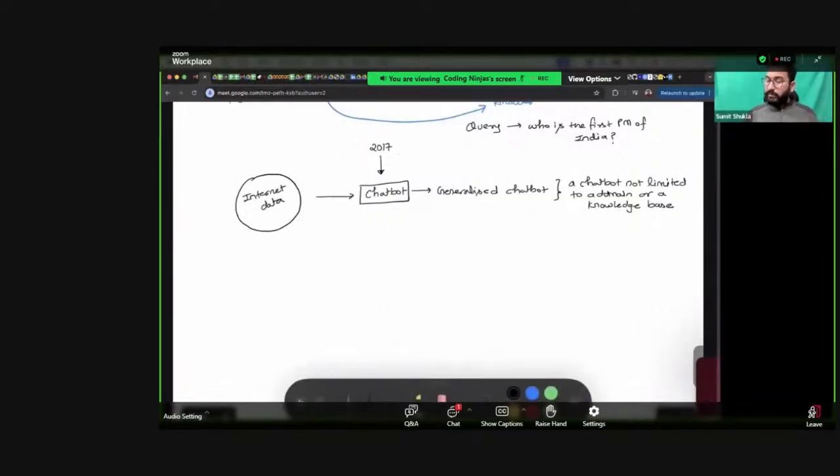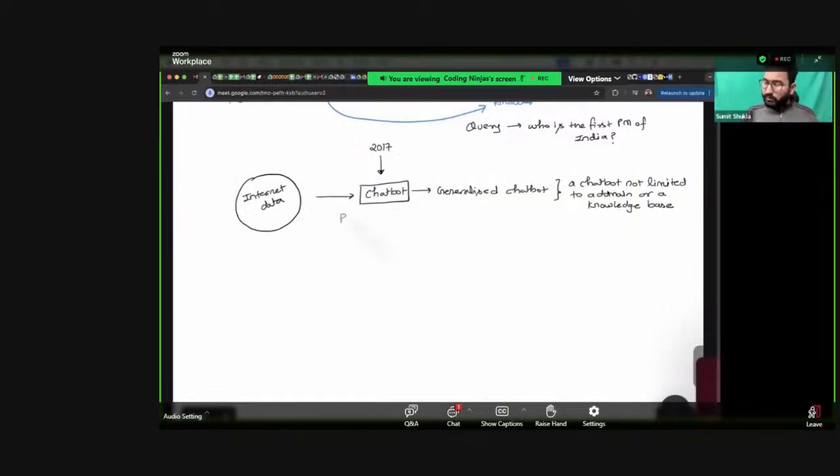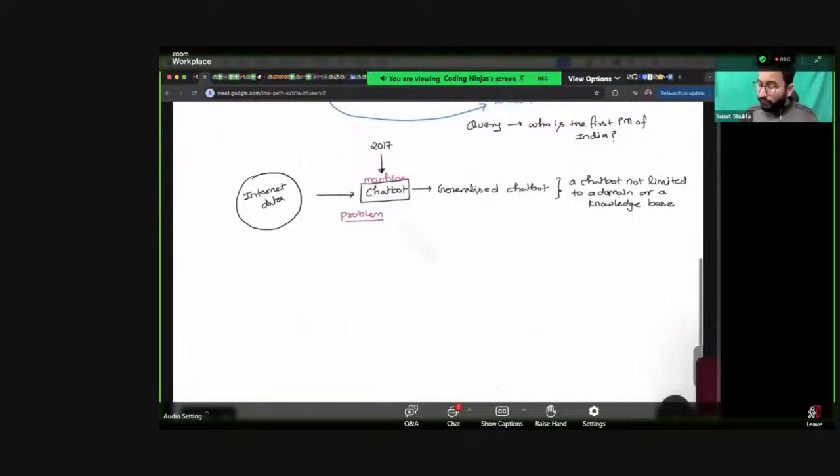But there was a very big problem. The problem was, because a chatbot is a machine, right? This is a mathematical machine. So if they want to train a machine on such huge data, they need some kind of mechanism, a training mechanism. So the problem was